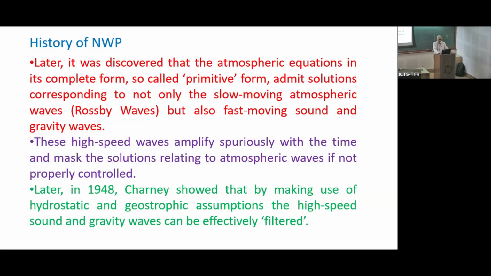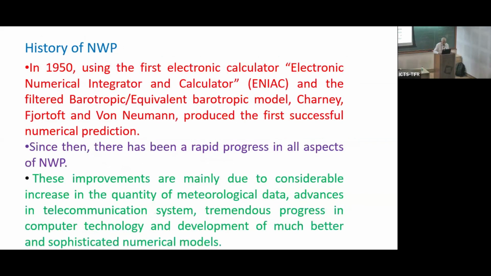Subsequently, in the late 1940s and early 1950s, Charney in his research discovered that the atmospheric motion equations in complete form admit solutions not just of the slowly moving Rossby waves but also the fast moving sound and gravity waves. These high speed waves amplify spuriously with time and mask the solution. So Charney proposed that if one were to do numerical forecasts, one would have to control this or use some filtered set of equations that do not take into account these high speed waves and deal only with the meteorologically significant Rossby waves. And then in 1950, the first successful numerical forecast was carried out under the leadership of von